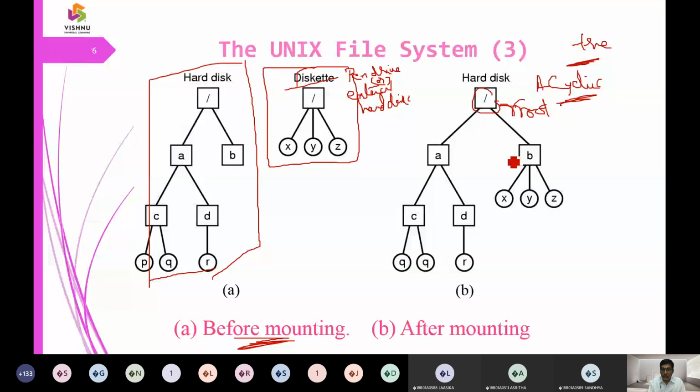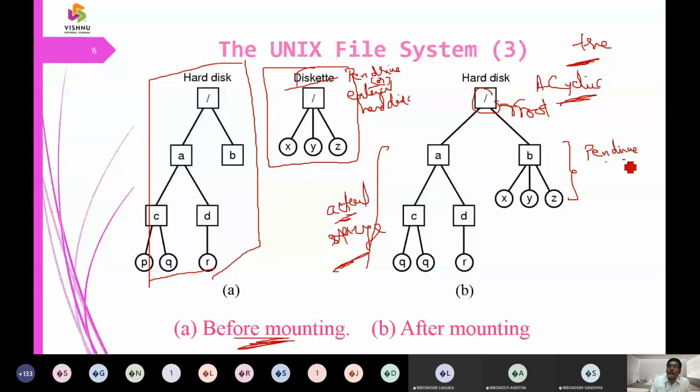So this is the part where a file system is going to maintain an actual file system, and this one we are going to call the pen drive, etc. These we can call directories, and these we are going to call files. The general files we are going to represent in a rounded way, and the directory structure we are going to represent in a rectangular or square way.